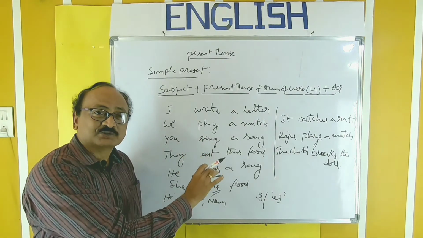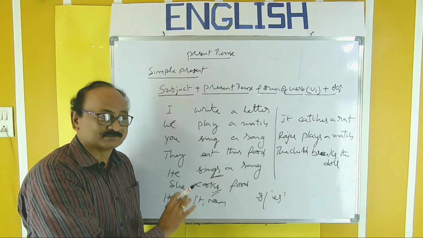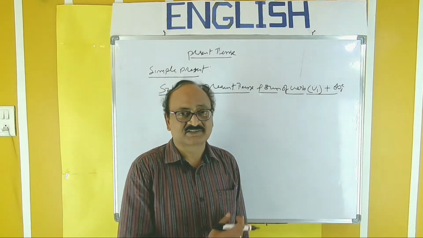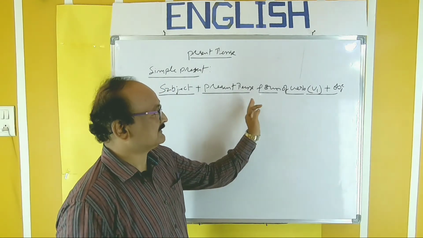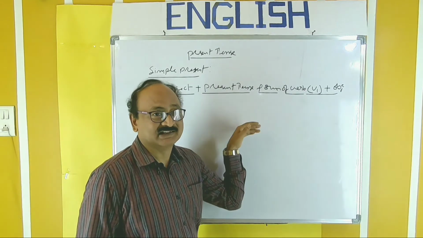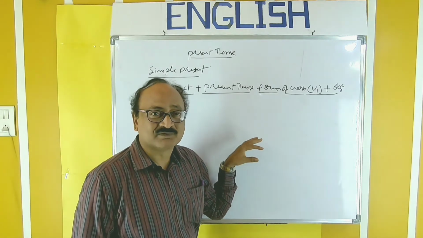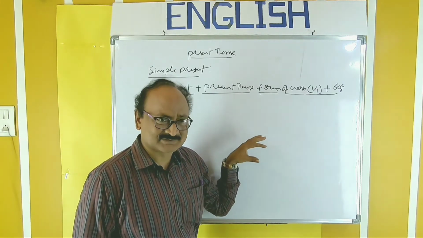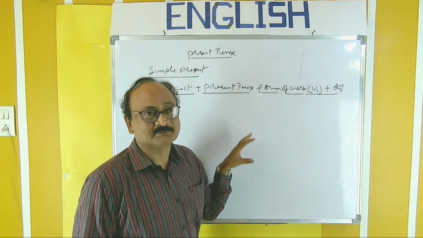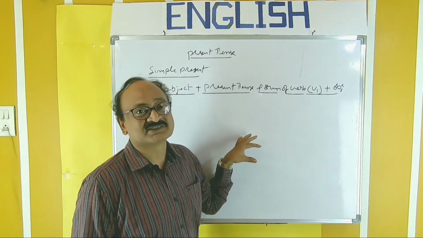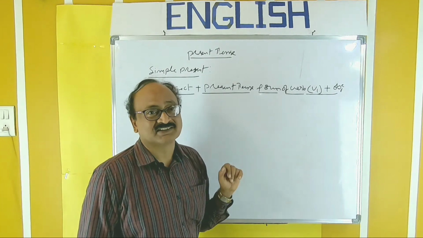Now the next point: how to write a question in this simple present and how to construct a negative form in this simple present. Now the other forms of simple present. Actually this is the affirmative form: subject, present tense form of verb, object. And there is a negative form and an interrogative form. Often people find it difficult to frame an interrogative sentence, that is simply a question, in simple present. And actually, it's not at all difficult. But many people find it difficult how to frame a question in particularly simple present. So I want to make it easy for you. So look here, the structure.